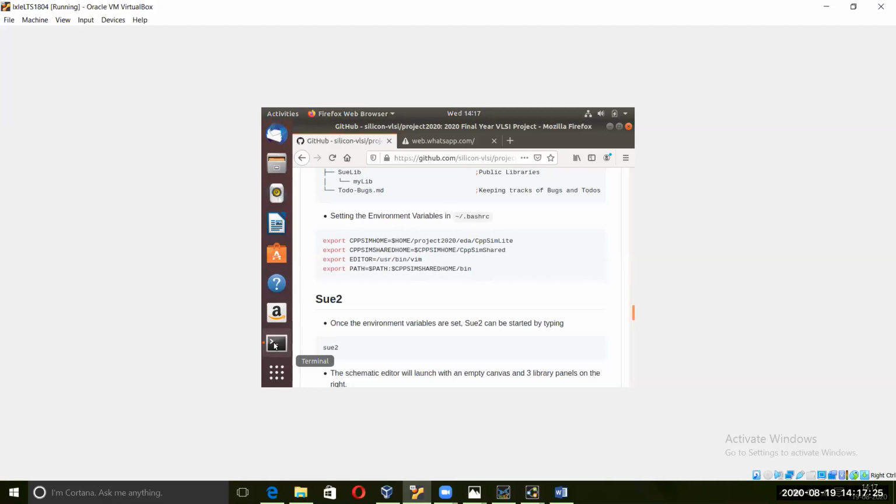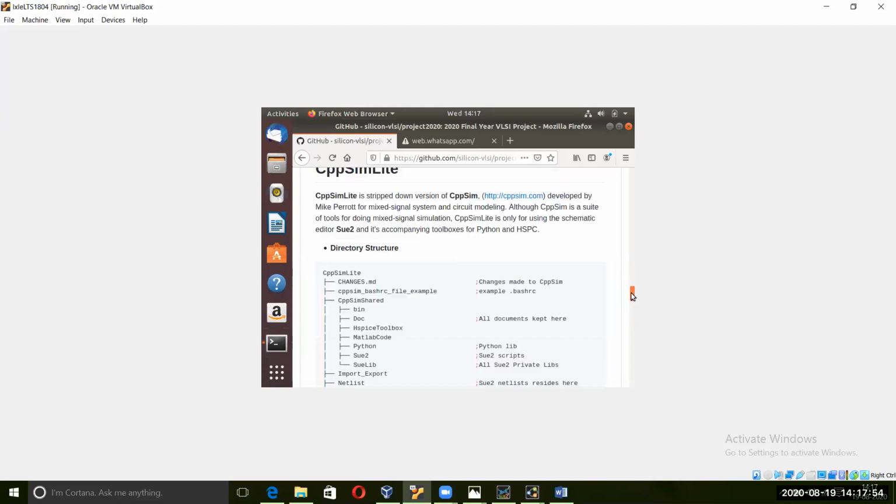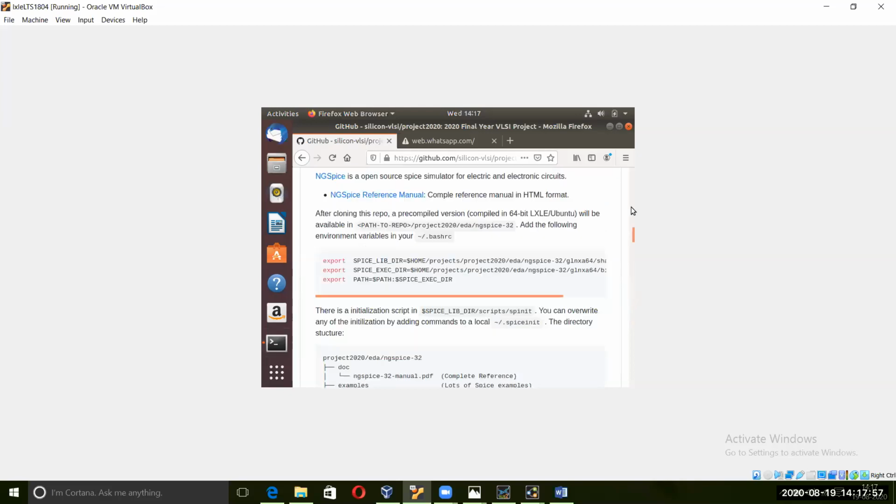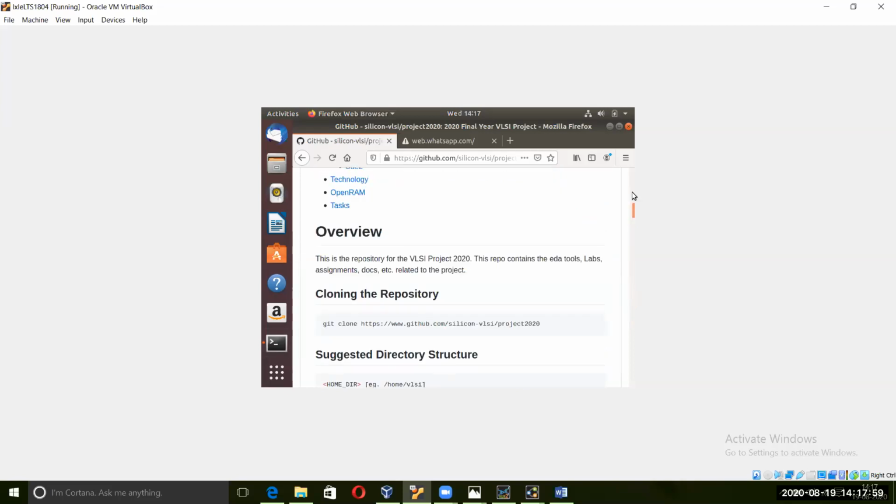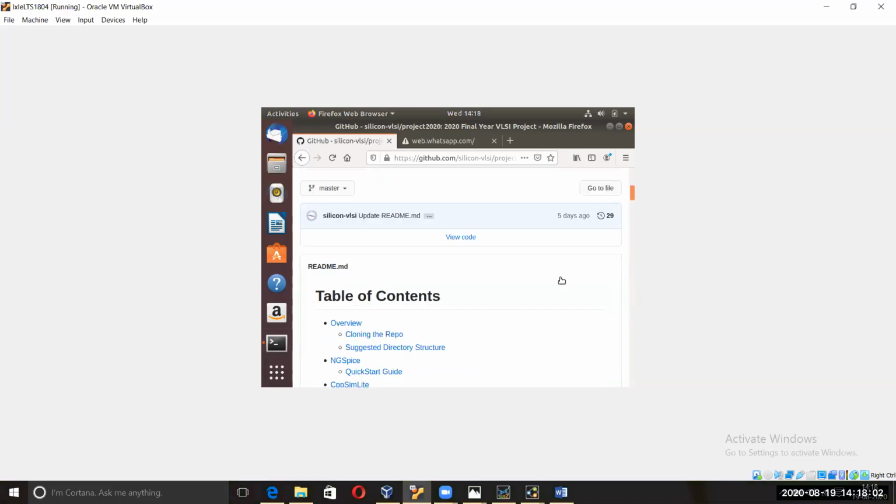Everyone, I'm saying again, all this we are doing for you only. Pratik and Satyadri are maintaining this, and we are also adding to it. You have to go through this and read the whole README file, and understand what it is and why we are doing this for you. It is only for your learning purpose, because you are at home and will not be able to access the commercial tool. This is the best way you can learn.